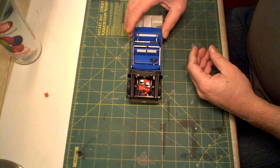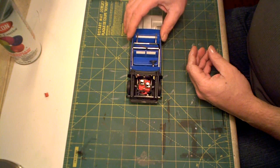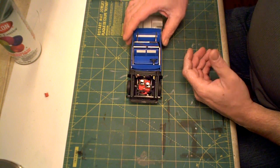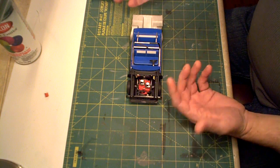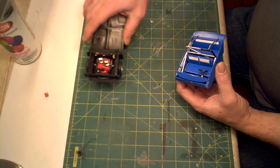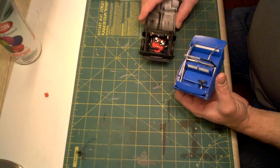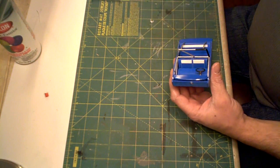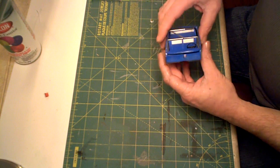There's really nowhere to locate it on here. It just kind of lays in here. There's no locating pins or anything. I'm not going to be able to just glue that in there without, you know, trying to do it all at once. Glue that in, glue it to the body, and then shift and all that. So I think what I'm going to do